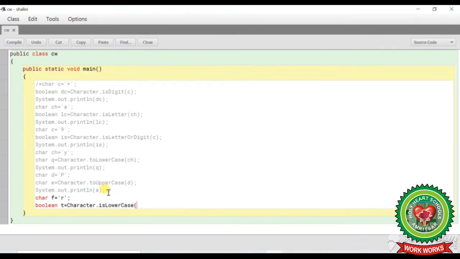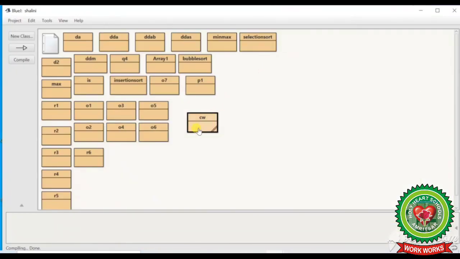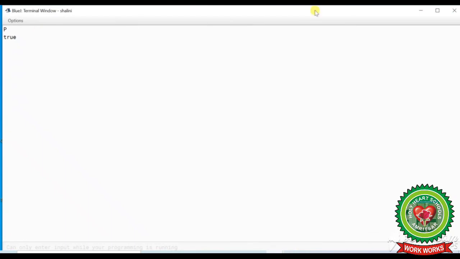Now in bracket I'll pass f, semicolon at the end, System.out.println. Here I will pass t and it will return the answer in true or false. As f has value r and it is in lowercase, my answer will be true. So this is my answer, that is true.